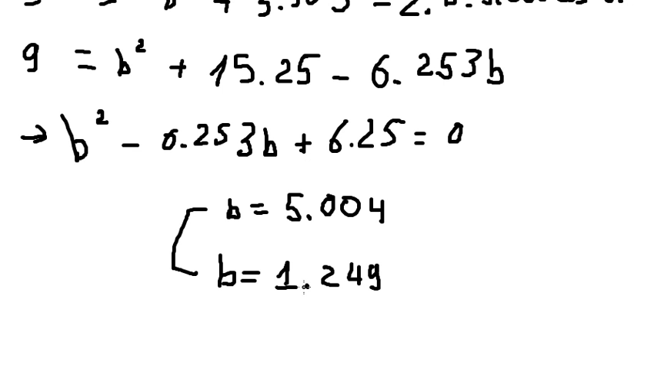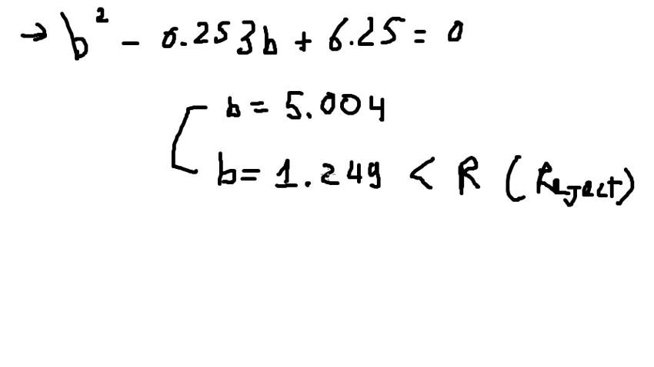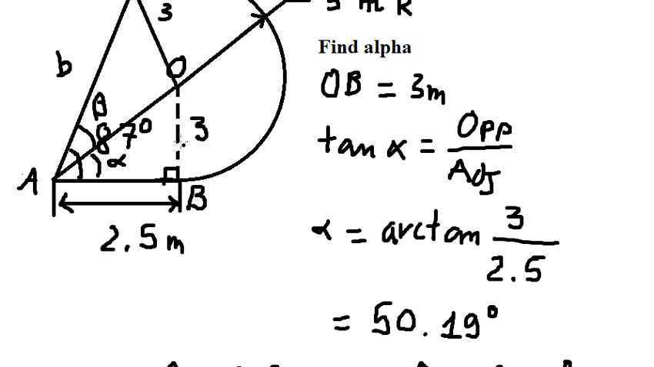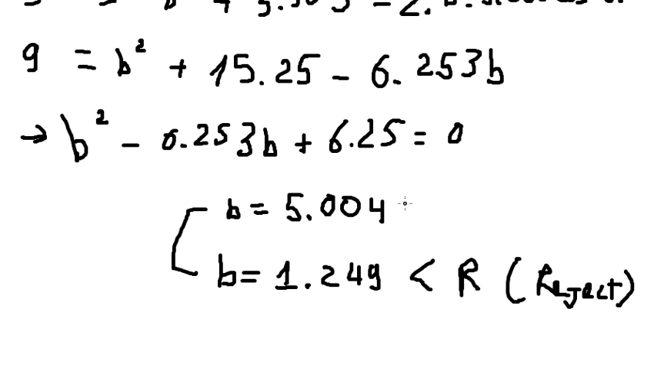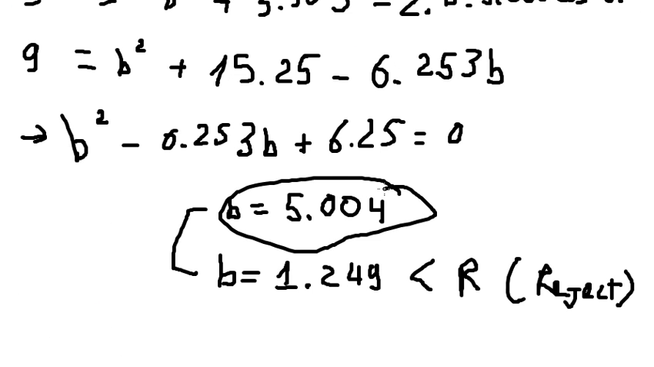We know that this number in here is smaller than the radius of the circle, so we need to reject it, because if this number is smaller than the radius of the circle in here, they cannot touch. 2.5 is greater than this one, and this one is smaller than this one in here, so they cannot touch. So we just choose this one in here,